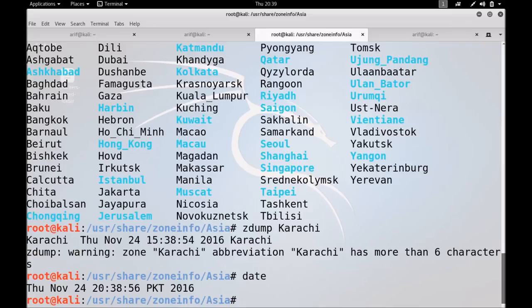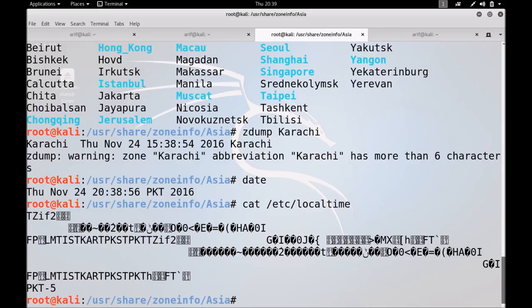So this is probably due to some settings which I have done a bit before. Let me cat another file, that is /etc/localtime. I think there is some issue with this file.